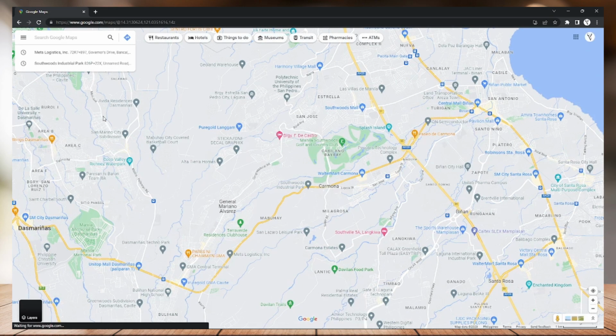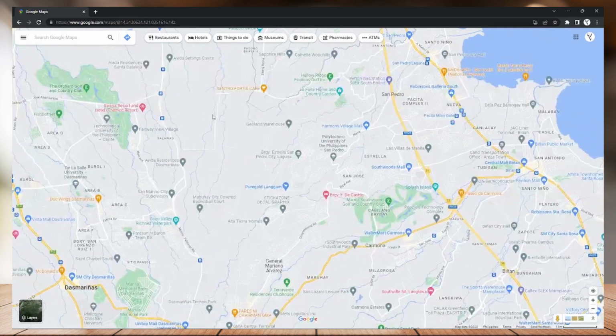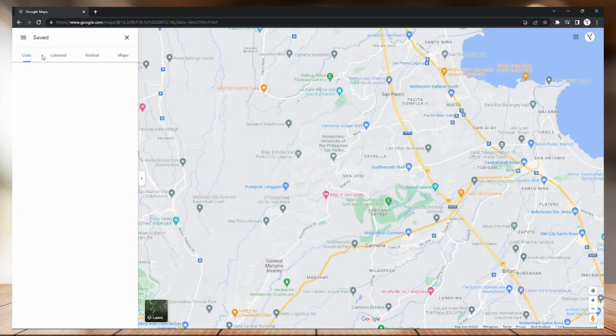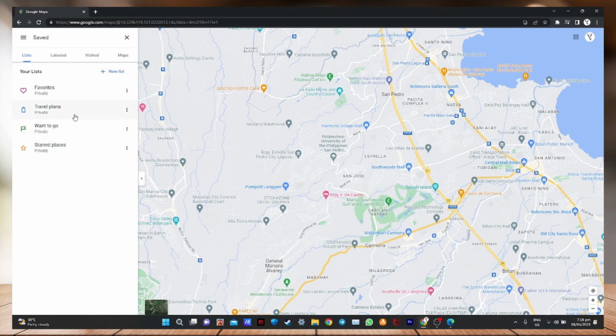First, go to your Google Maps and click these three lines right here on the top left, and after that, go to Saved right here. After clicking Saved, you can now choose your labeled location right here. Just go to Labeled,